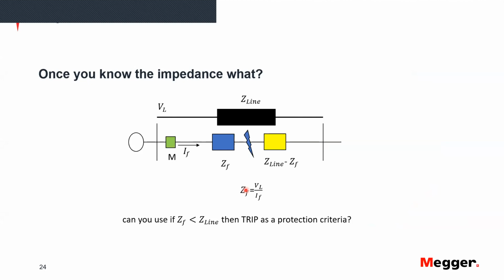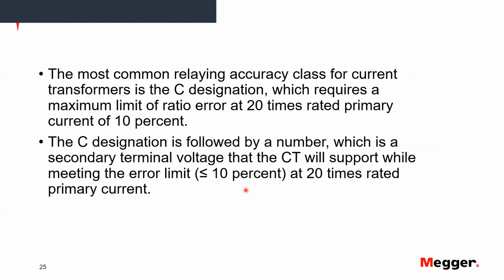The answer to that lies in the fact that we have errors in the measurement system, and no measurement system is better than its primary transducers. And the primary transducers that we're using here for our measurement systems are CTs and PTs. Now, we know that CTs are not 100% accurate. At best, a protection CT can give you